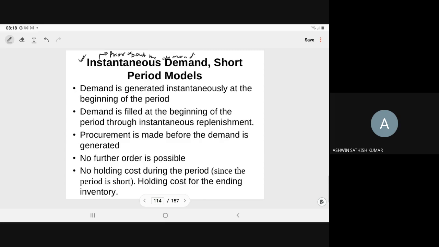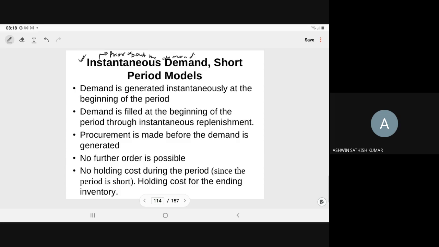Demand is filled at the beginning of the period through instantaneous replacement, means you complete your procurement process before the starting of the period. During the sale you cannot reorder, during the sale you cannot procure the item. You have to procure by judging the demand